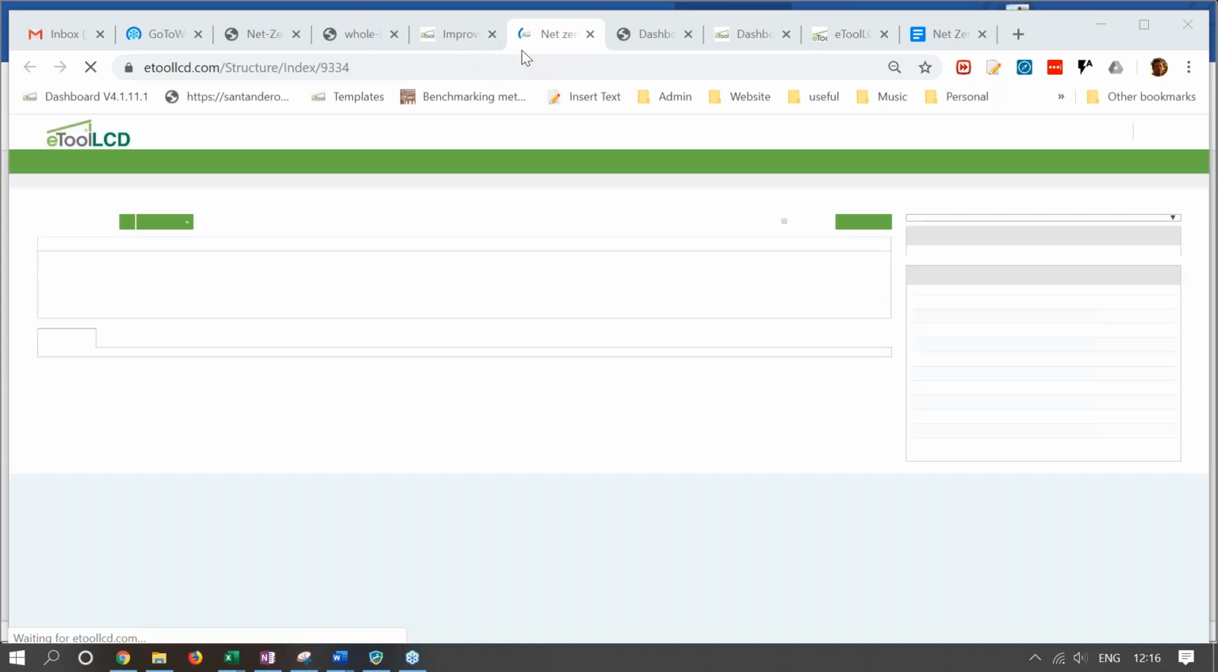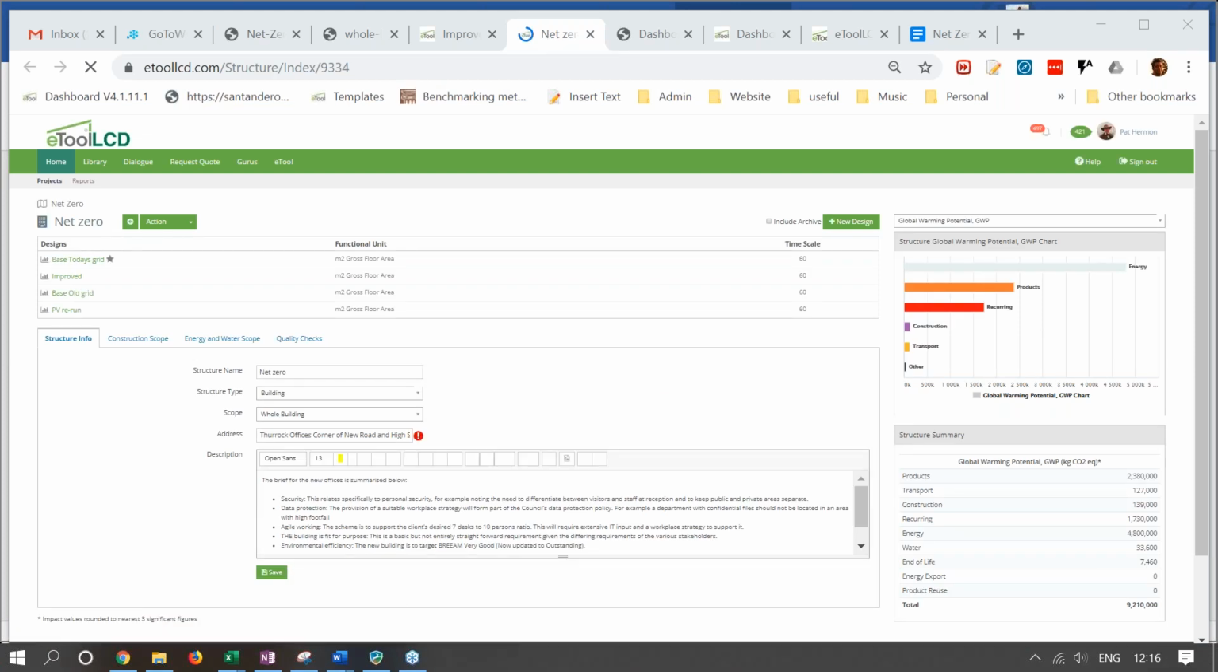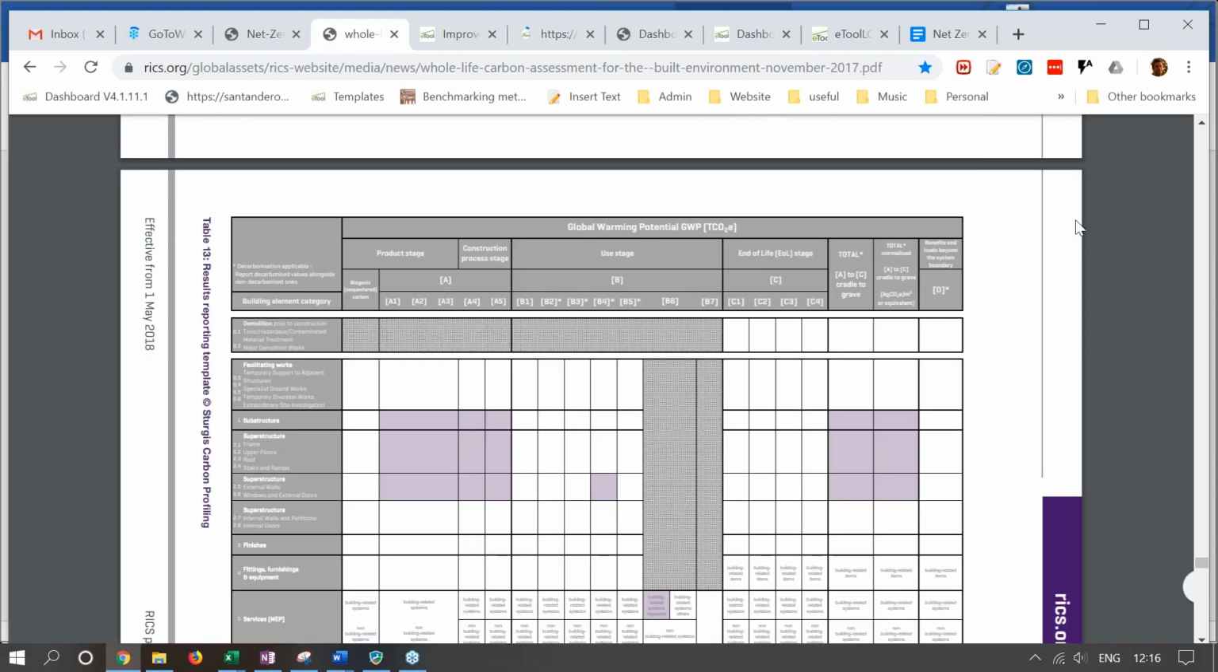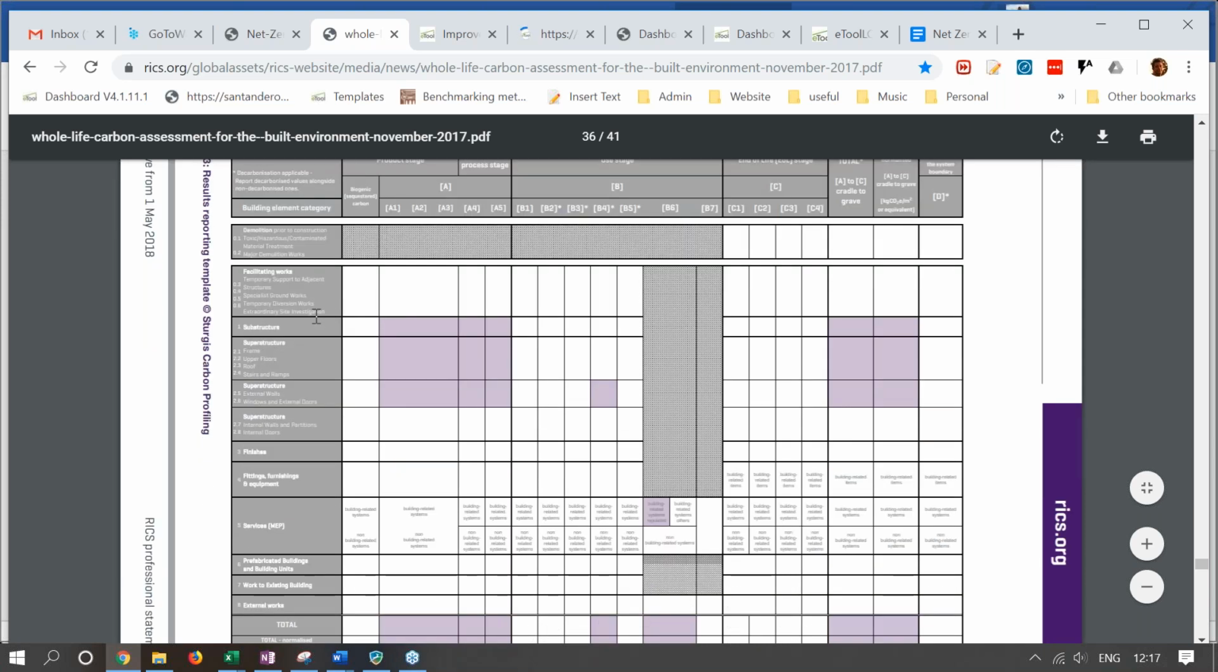Whilst that's loading, it's worth talking about the reporting requirements for net zero. They reference the RICS whole life carbon professional statement. What the RICS layout basically is, in terms of reporting, is you have your modules. You need to report against each of your modules under EN 15978, and then you have your RICS NRM